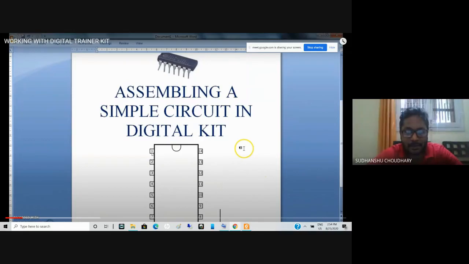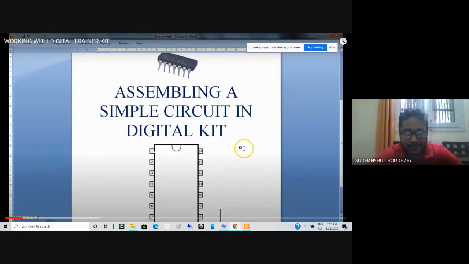Then you keep on counting pin numbers as you move down: 1, 2, 3, 4, 5, 6, 7, and then on the other side we start at the bottom. We say it's 8, and then pin number 9, 10, 11, 12, 13, 14. Normally 14 pins will be there in the IC, which will be provided to you in the lab.